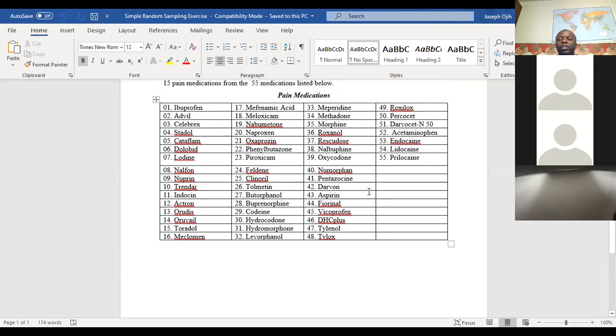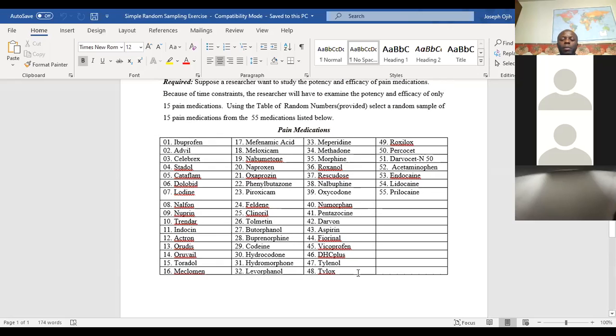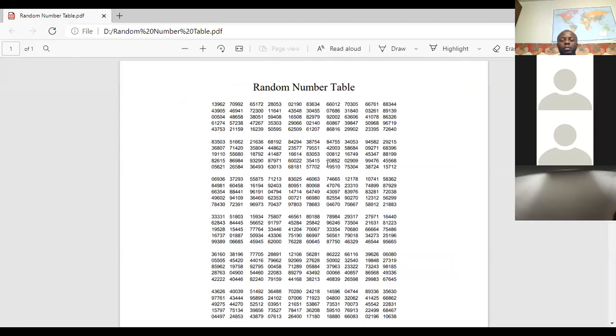What do we do? The first thing we do is to give the population serial numbers, which I have already given all the way to 55. The second thing to do is to go to your table of random numbers that I just showed you, open it, close your eyes, and point at any of these columns.